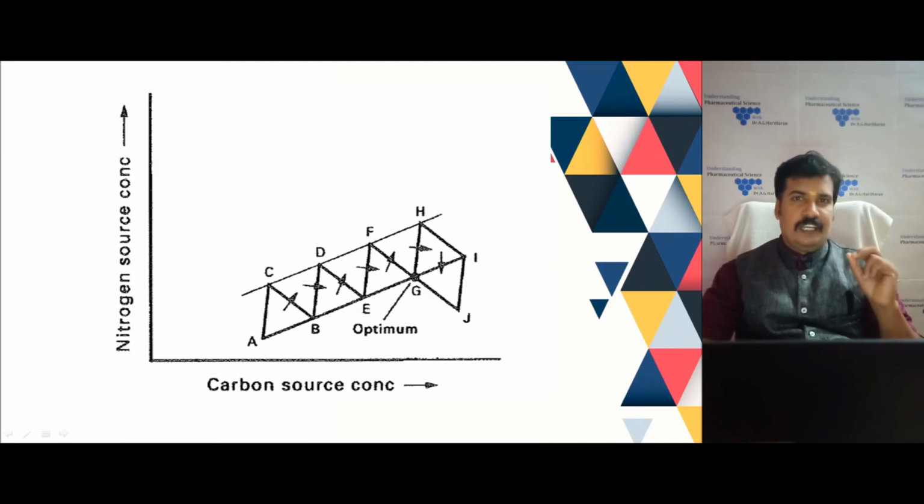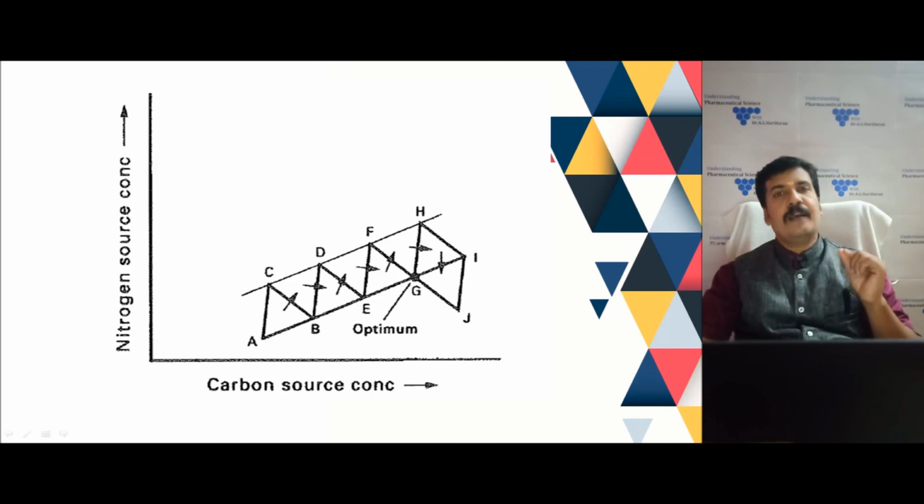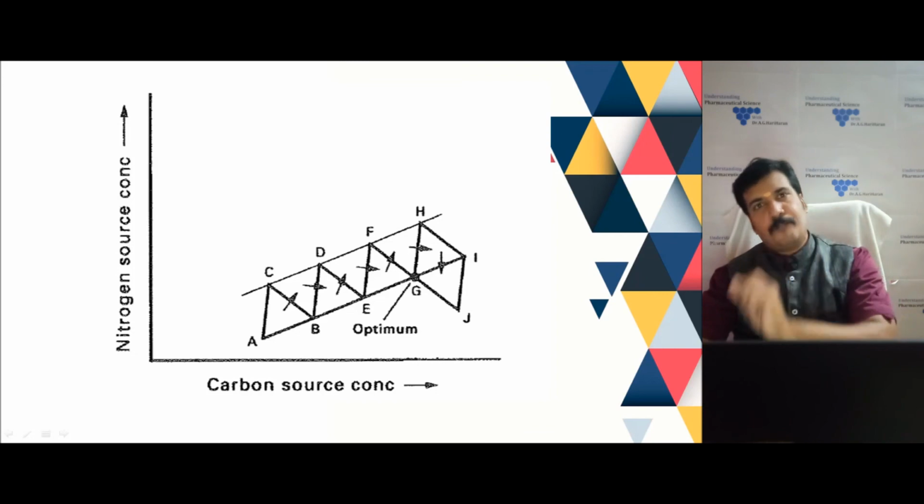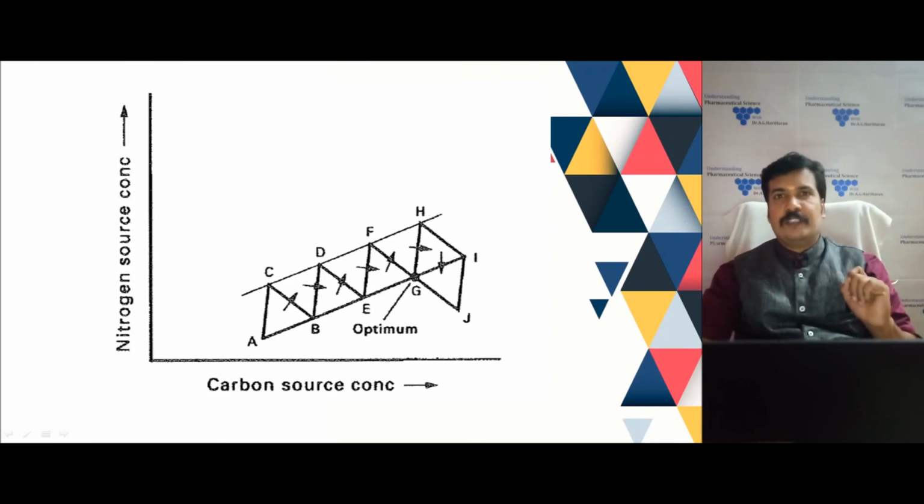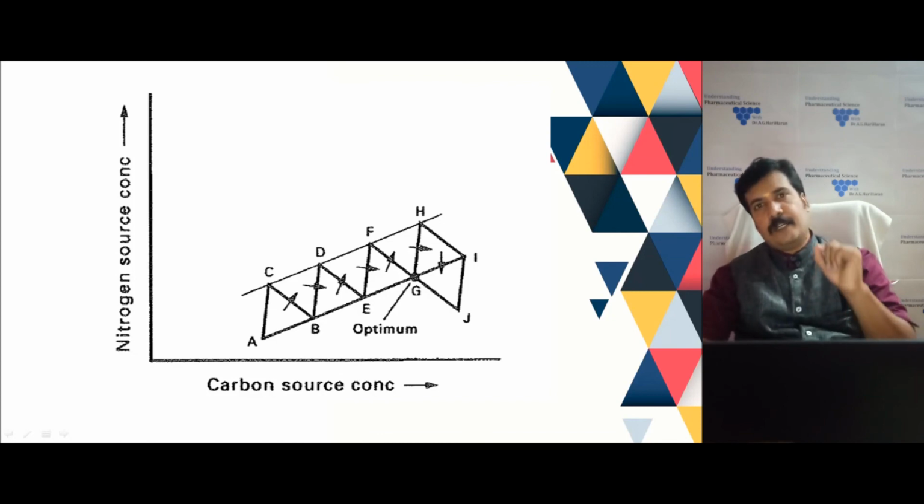Initially we have the ABC simplex. A is the worst concentration, so we get a reflection at point D. The new triangle created is BCD. In this we see which one is the worst concentration, and we find C. Then we create an opposite point, that is E. Then we get a new simplex, that is BDE. Out of this, B is the worst, so we create a new point F. So we get another simplex DEF.